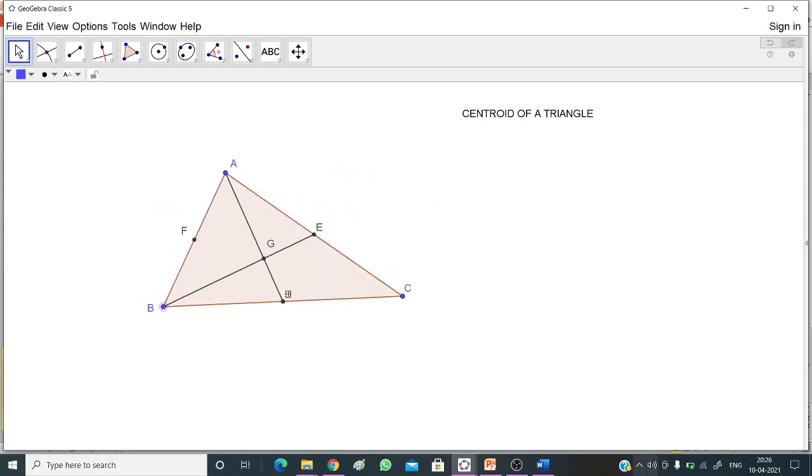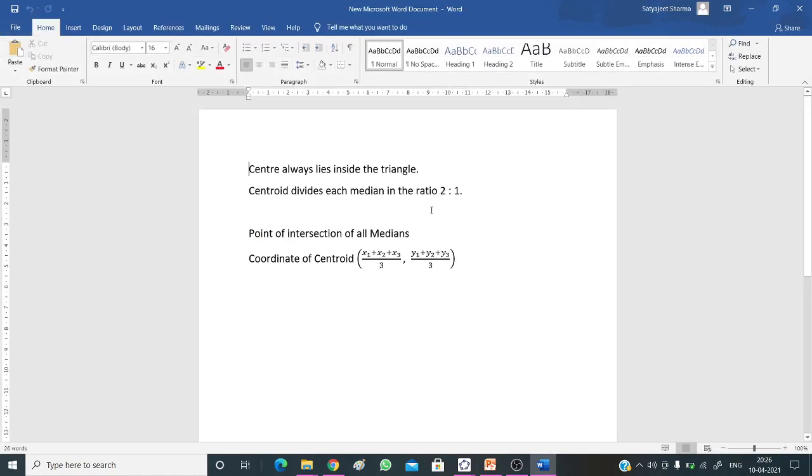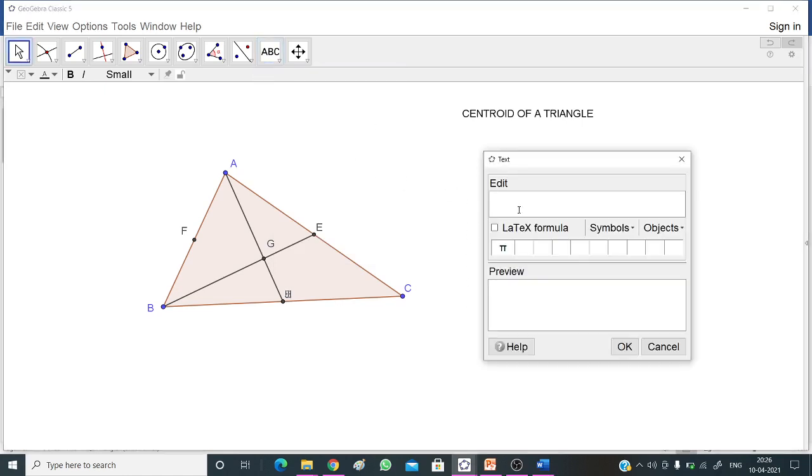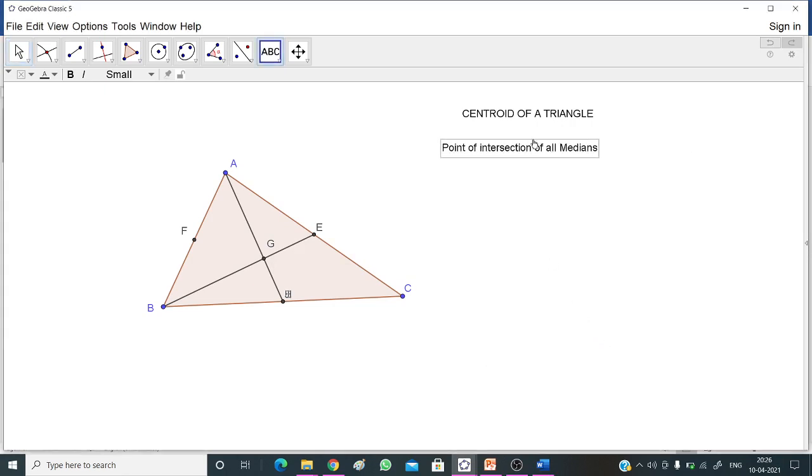Now we come to the text and write the properties. Its definition: the point of intersection of all medians is nothing but the centroid.